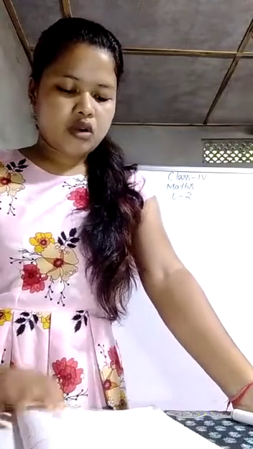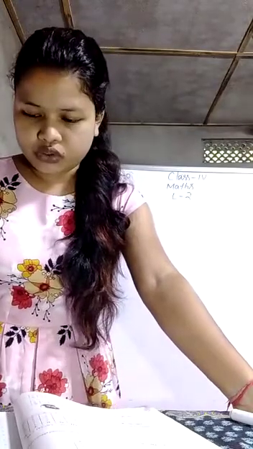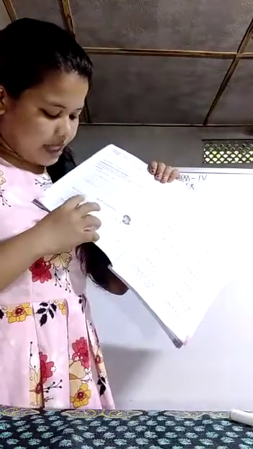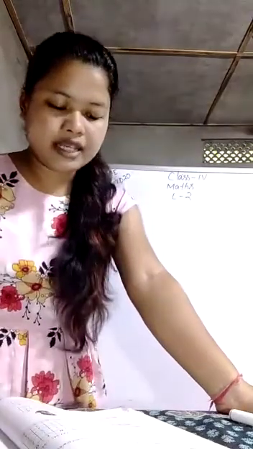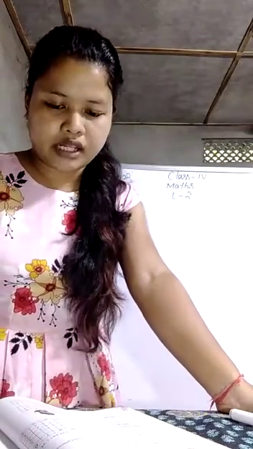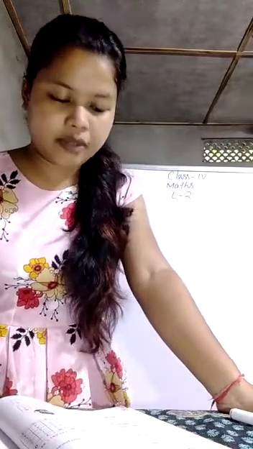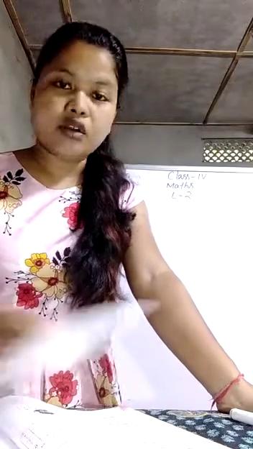So see my practice time 1, which is on page number 22 and 23. See question number 1, add the following. See ones, tens, hundreds, thousand and 10,000. Numbers up to the 10,000 place are given, and you have to add these numbers. All of you know how to do addition. So question number 1 and 2 from my practice time 1 is your homework.